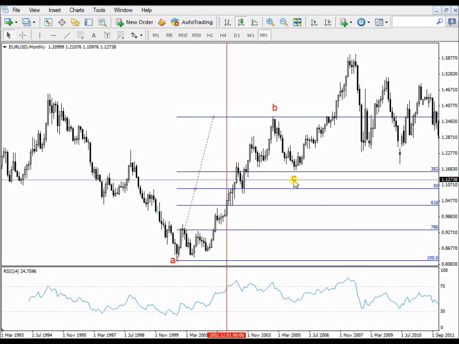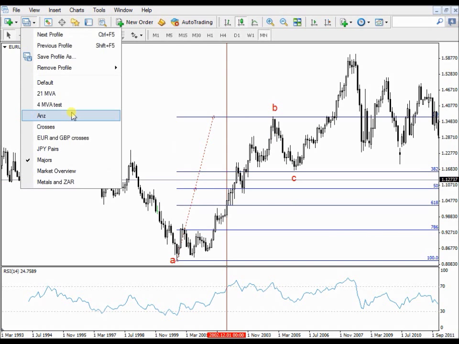If you didn't know this previously, you should put your order down here at 61.8%, and everybody missed the trade. But as soon as you know Elliott Wave principle, or how Fibonacci works, you know that as soon as the market's got a rally, it will only come down to the 38.2%. So when the market turns, expect deep retracements to the 61.8%, and as soon as the market has rallied, only shallow retracements, because the market is moving. As soon as the market moves fast, only to the 38.2%